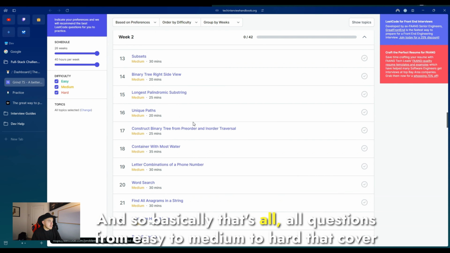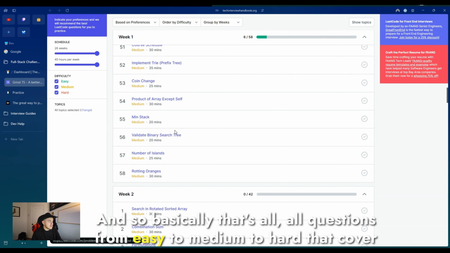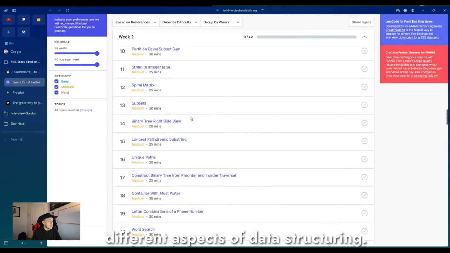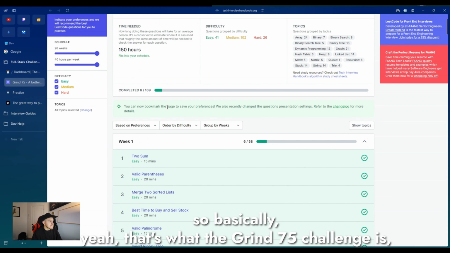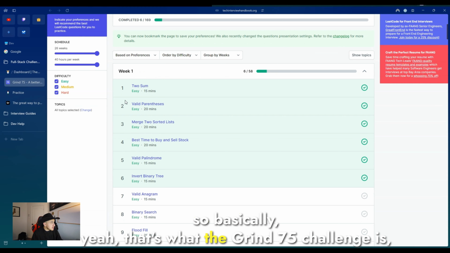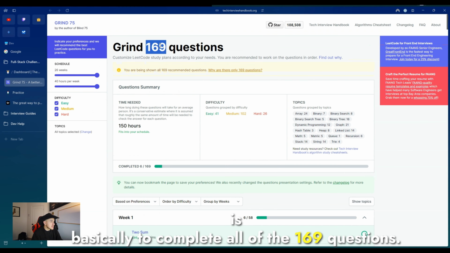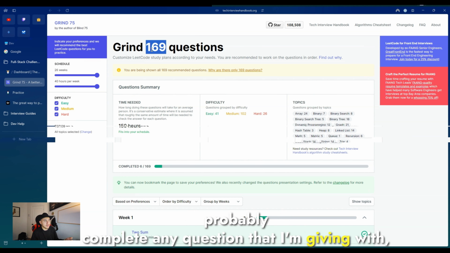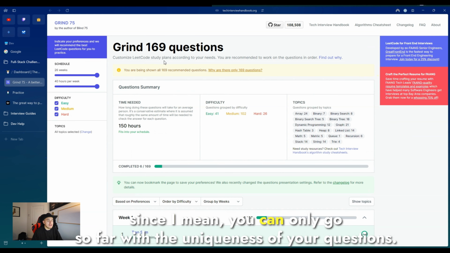It has questions from easy to medium to hard that cover different aspects of data structures. The challenge is to complete all 169 questions. If I complete them, I will probably be able to complete any question I'm given, since you can only go so far with the uniqueness of questions.